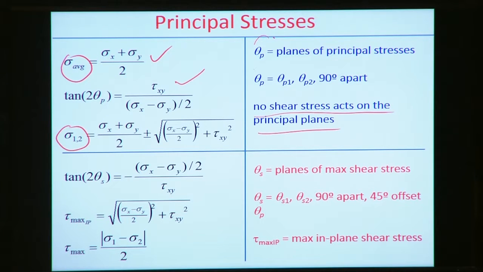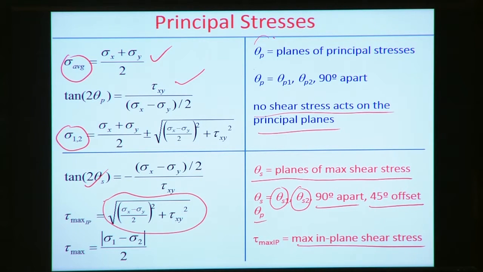Similarly, we can find the planes of the maximum shear stress. The maximum shear stress exists on the planes at theta s1 and theta s2. Again, the difference between theta s1 and theta s2 is 90 degrees, but it is a 45 degree offset with respect to theta p. Theta p is defined by the planes of the principal stresses. So theta s can be calculated from here, from the normal stresses and the initial stress state, and tau max in-plane is the maximum in-plane shear stress, which can be defined with this formula,